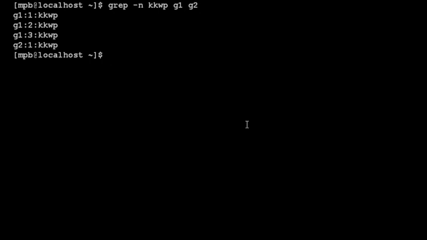Now the last command is more command, and more command is used when you have a big file or a large file that doesn't fit on the screen and you need to scroll it again and again. So at that time you can use the more command. So first we need to create one more file, suppose bigfile, and in that I have to write some random content.